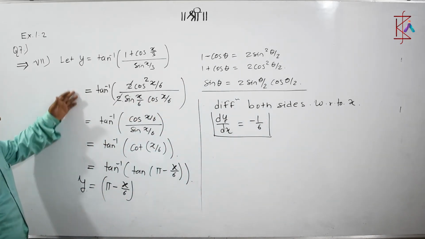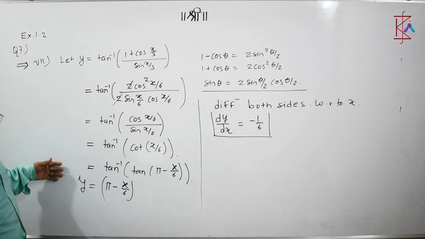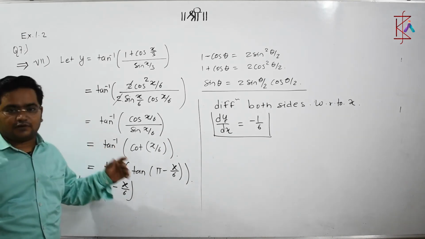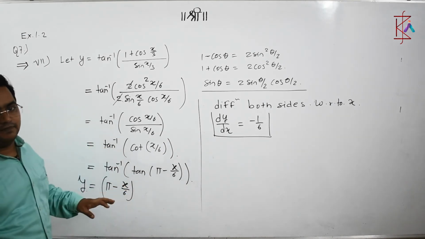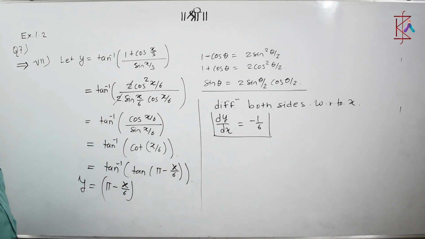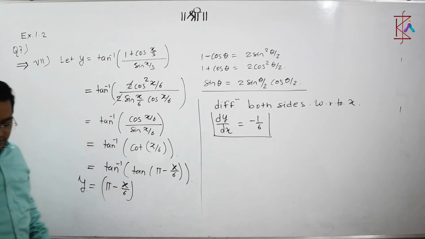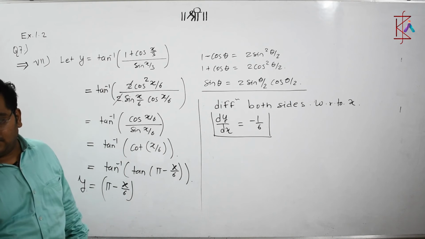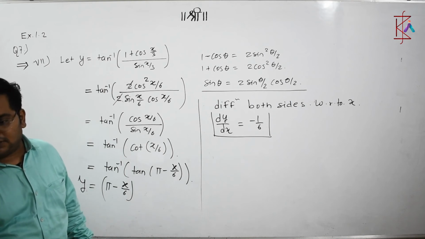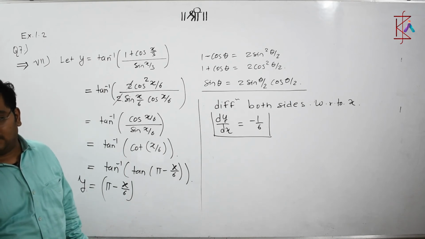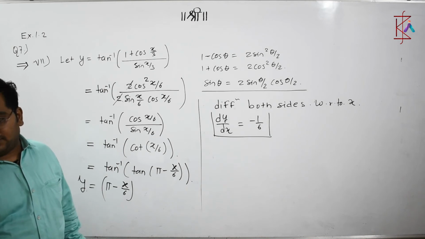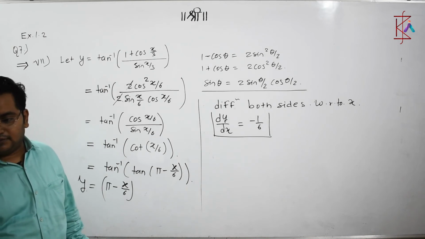Now you can see for one simplification how many different formulas we required. That's how this is tricky. But if you are good at solving this kind of question, it will be easy for you to understand. Please follow these procedures on how to simplify them. If you don't get it, please ask me again in the comment section, and again I am giving you my number. You can contact me. Both numbers are valid, you can check it out.